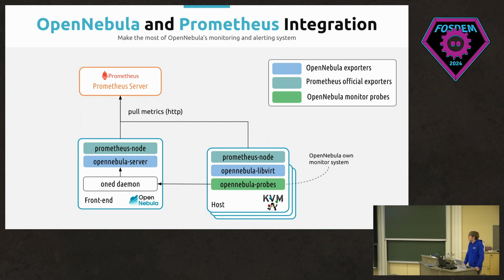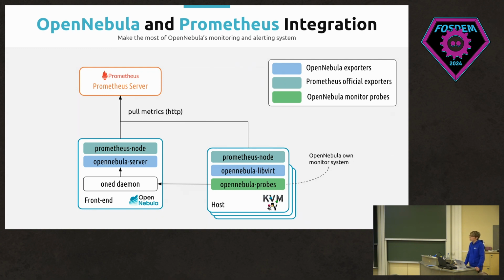It's also installed in the hypervisor nodes, and it combines with the OpenNebula libvirt exporter. It's a custom exporter created by OpenNebula in order to extract and collect information about the KVM